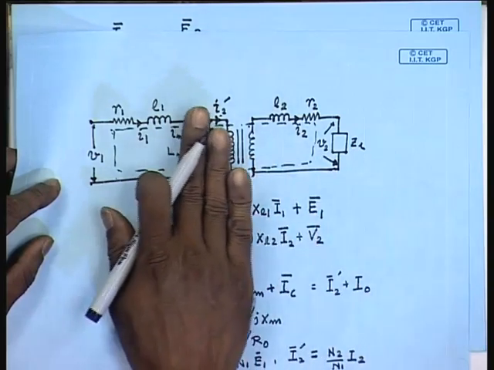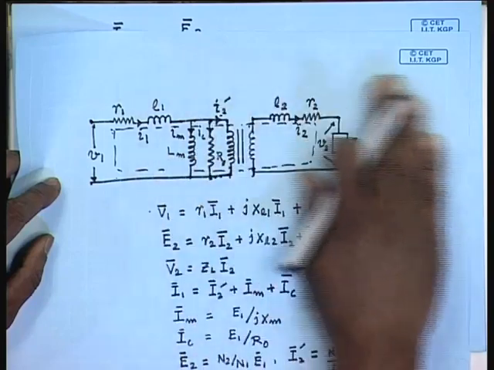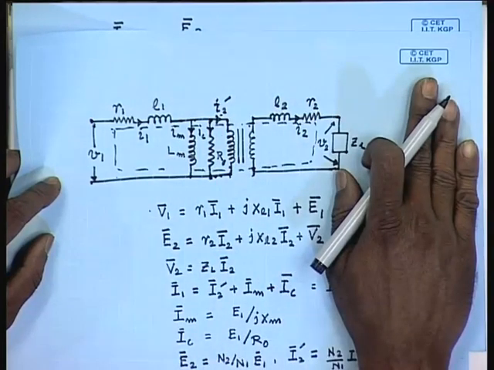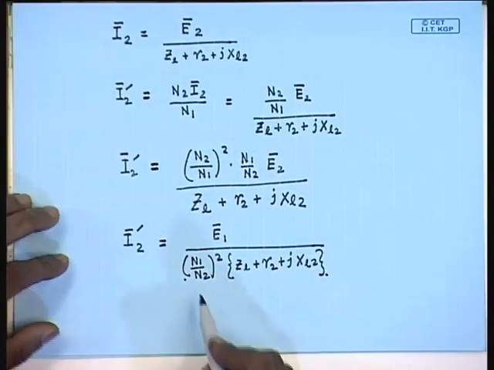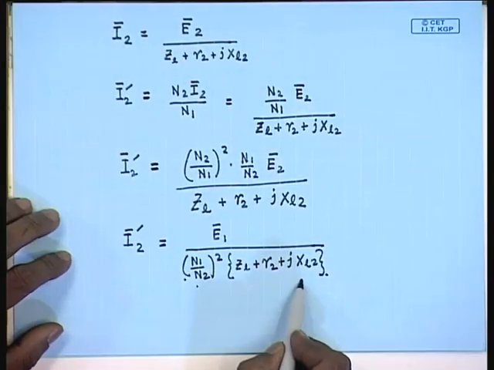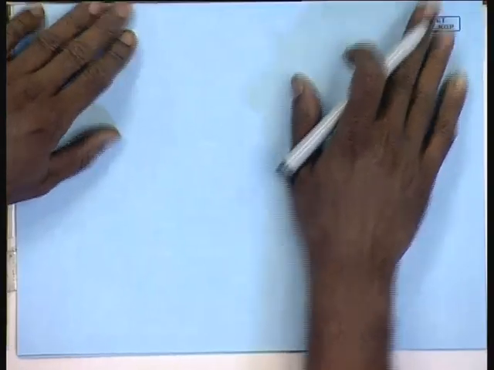Therefore, we can replace the ideal transformer and the secondary circuit after that by an equivalent impedance given by this formula. Hence, the original circuit model